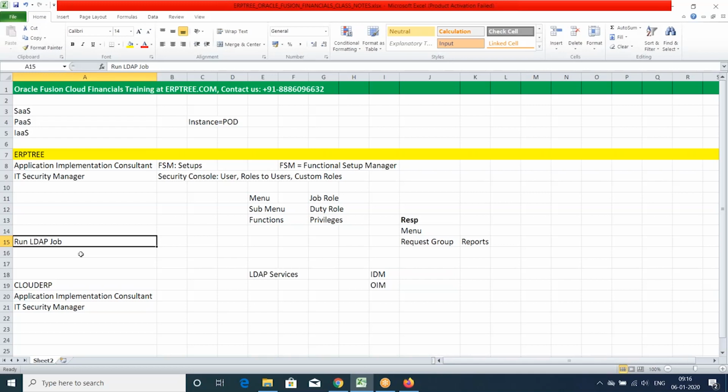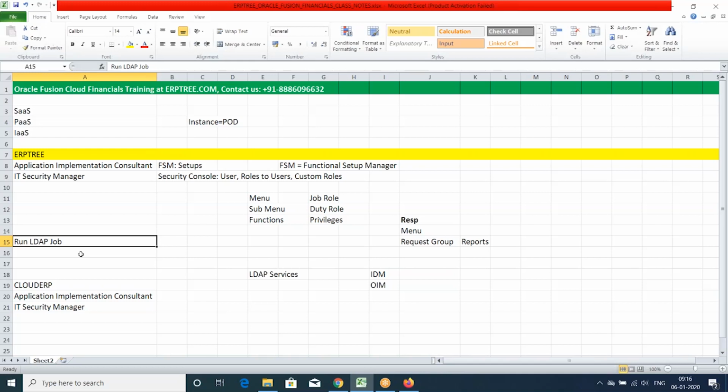Okay, you have to wait. Maybe 5 minutes, 10 minutes or more than that also. That is the reason what Oracle is recommending is, when you assign the roles, run this. If synchronization has not happened automatically, it will happen because of the job which you are submitting. That's what Oracle is recommending.